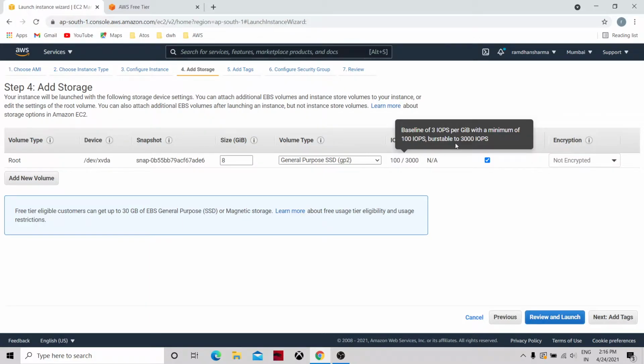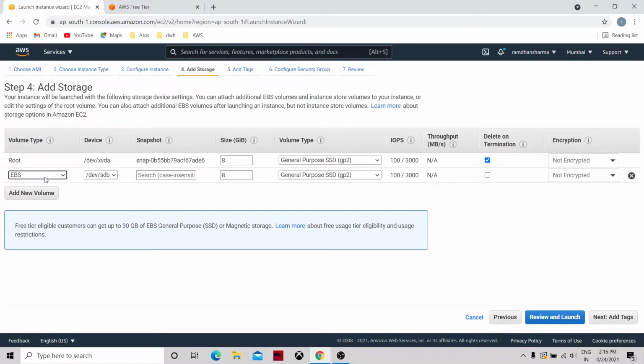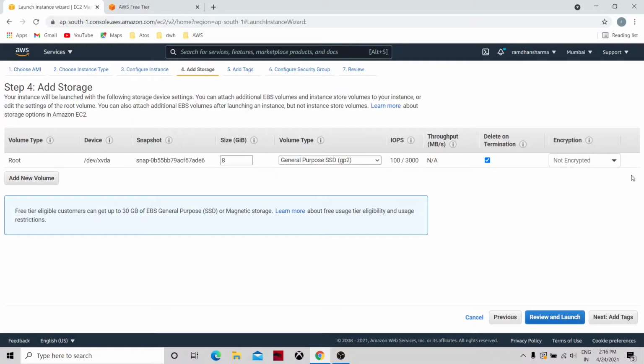It is burstable to 3000, so whenever required, it will go to that limit. We can go ahead and add a new volume as well, but as of now we won't need that for learning purposes.